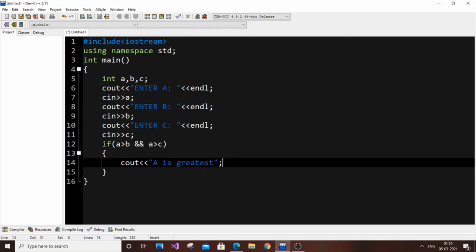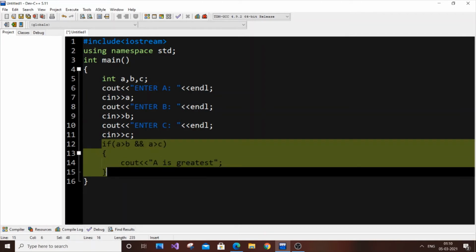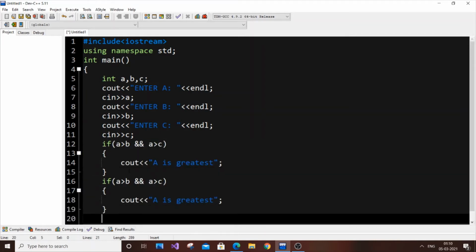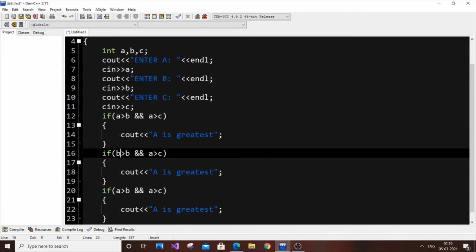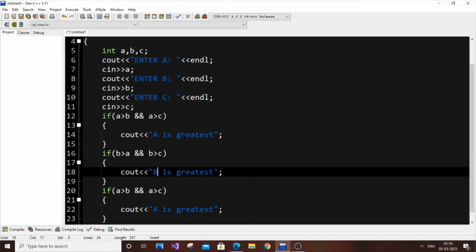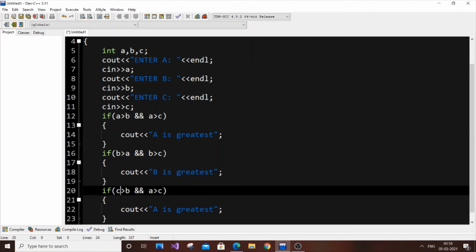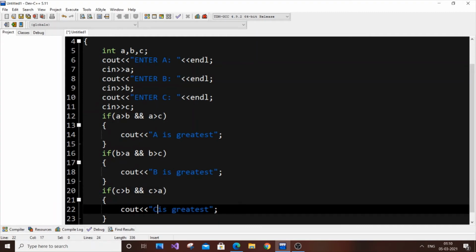To perform for the other numbers also, you can just copy this code and paste it twice, and change the conditions. For b, it's going to be b greater than a and b greater than c, and you're going to print b is greatest. And for c, c is greater than a and c is greater than b, you're going to print c is the greatest. So if you just run this code, execute it,